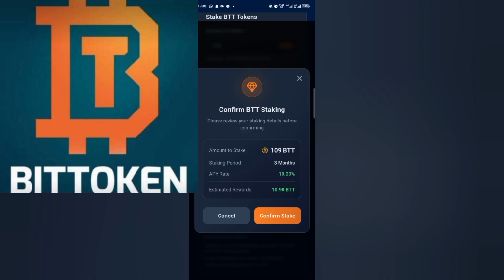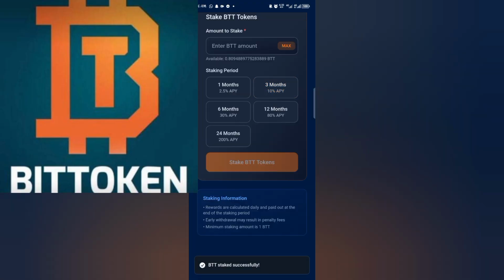Now I'm starting my calculation from today, right? I'm doing a live staking session. So I'm starting my calculation from today, being the 29th of this month, so you're going to know when my 3 months is going to expire. I think it's going to be by January or so. So remember, I'm claiming every day the BTT you claim every day from this stake. So I'm just going to go ahead and confirm my stake. Okay, staked successfully. All right, I am done with my staking.